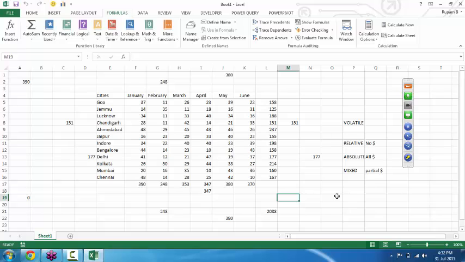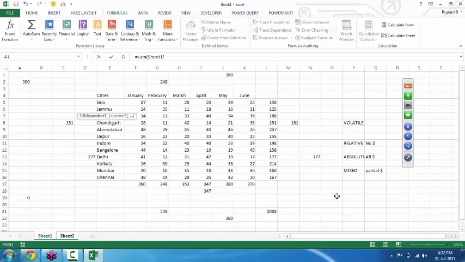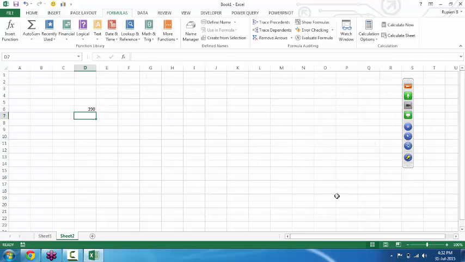We had some queries where we were asked, is it possible that we can show this precedence or dependence from other sheets? Yes, this is absolutely possible. So let's take an example. If you go to another sheet and I use the same function, let's say sum, and I take this particular details, and if I simply press enter, it gives me the same output. Now keep staying here, if I say trace precedent, what happens,